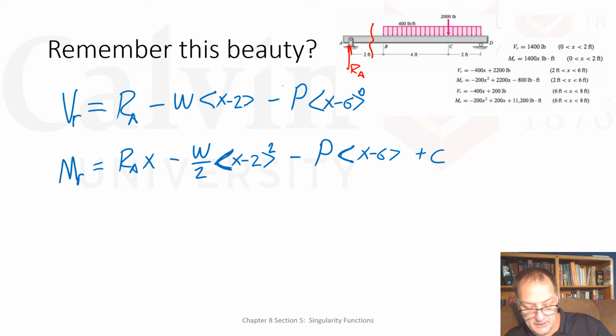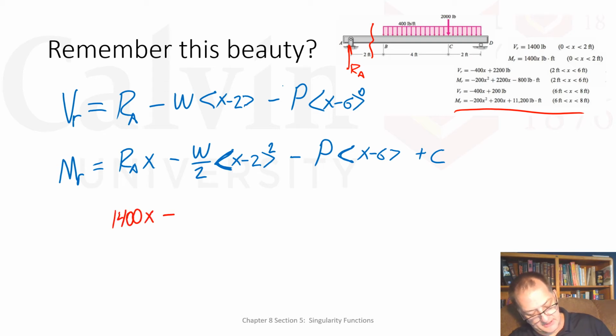Oh, I don't want that one. I've already got the constants all plugged in. That's okay. Let's plug in the constants. We'll simplify it, show that we equal this, and then we'll go on. So this is RAX. So this is